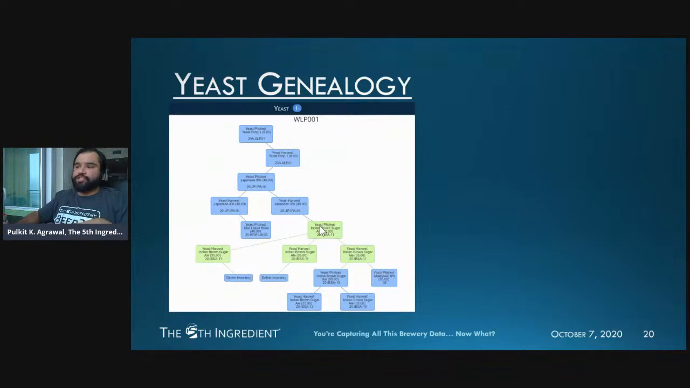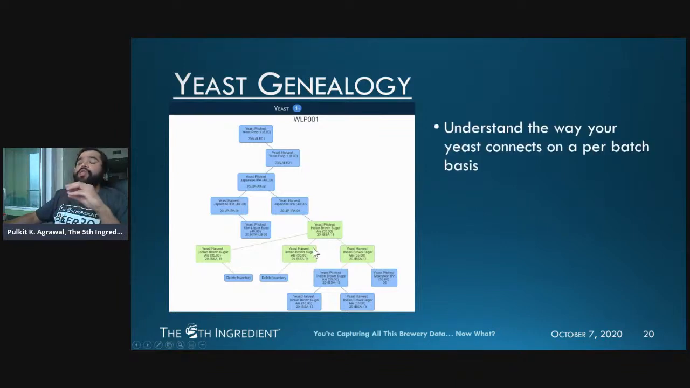Next, let's take a look at yeast genealogy. Again, this is a screenshot from Beer 30 where you can actually see how, in terms of my genealogy tree, I can actually visually understand what's happening with my yeast that's pitched, harvested, and really understanding if I were to select a brand and batch, just all the nodes that are tied in together. And the importance of this becomes that this is a way for you to really understand the way your yeast connects on a per batch basis,